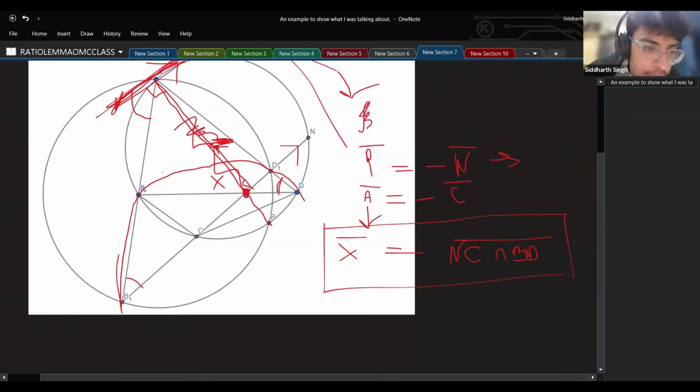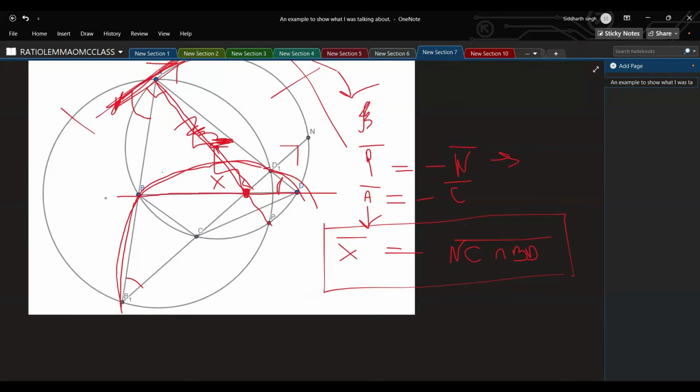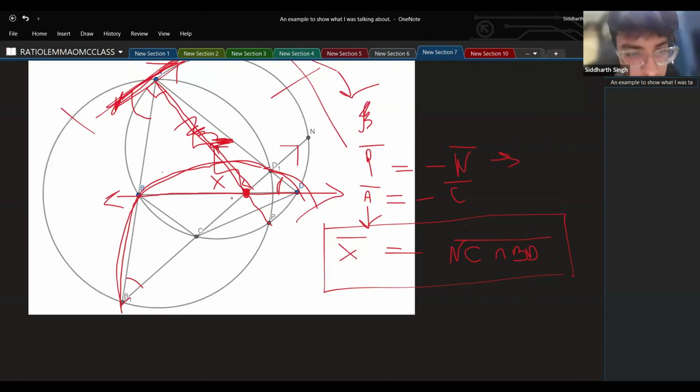Now is the part where we use this is cyclic. Consider this circle and this circle and this circle. What does the radical axis theorem give you? That they concur there at the radical point. Yes, exactly. So we have this,